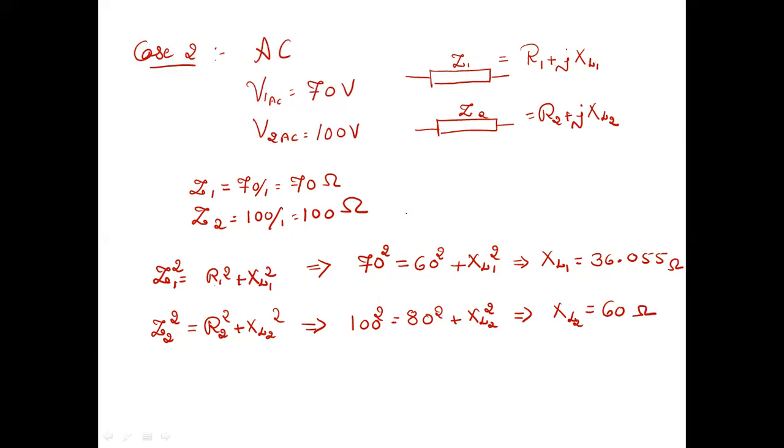Now we have to find the power factor. Along with power factor, if you want, you can find the total equivalent reactance or equivalent resistance. Okay, so let me find the phi value first. How to get phi? See, phi 1 for the coil 1 equal to tan inverse of XL1 by R1. Okay, let me go to the next page. So phi 1 equal to tan inverse of XL1 by R1.